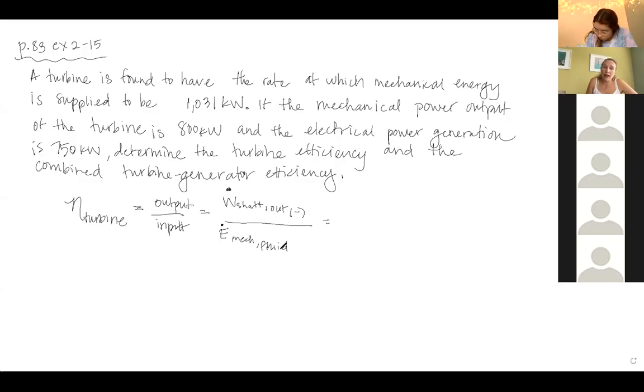And we know from Friday's problem that this equation is the potential energy of the system, but we don't need to work it out because we were already supplied with the value. So now we know that the work being done by the shaft is given to us by the turbine to be 800 kilowatts. And the total energy of the system over time, so kilojoules per second, is 1,031 kilowatts,